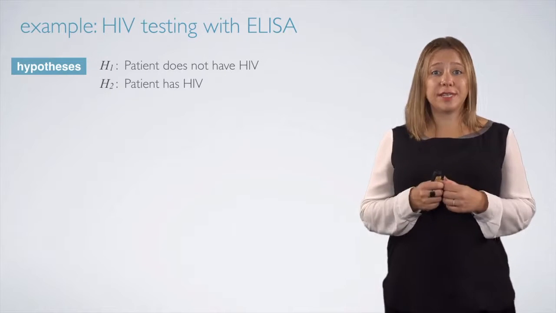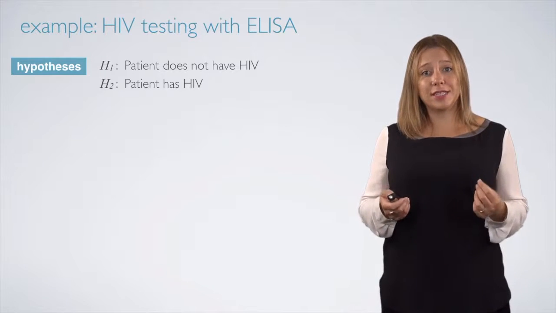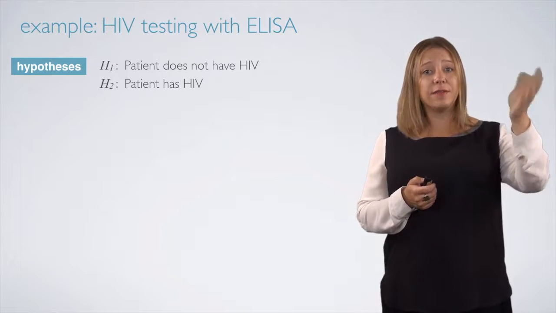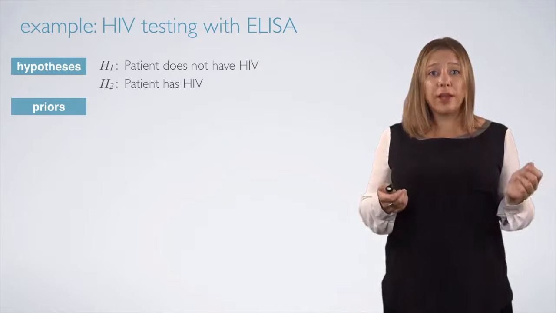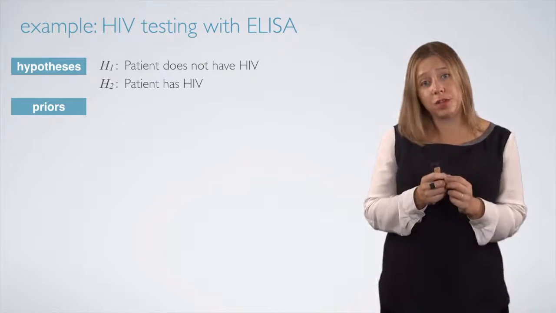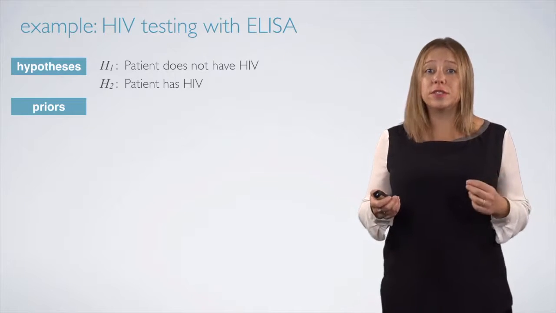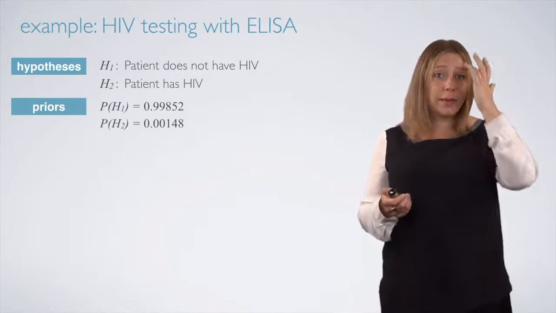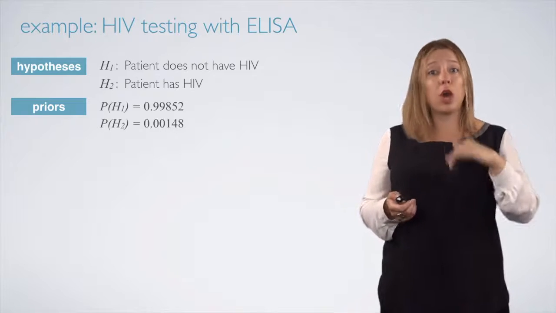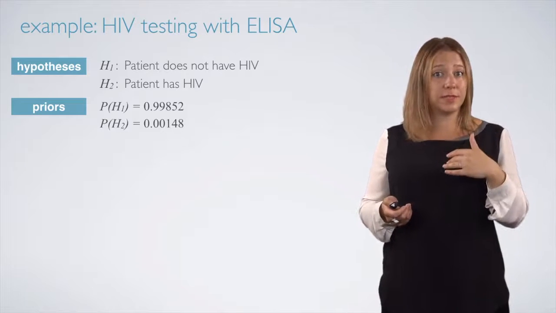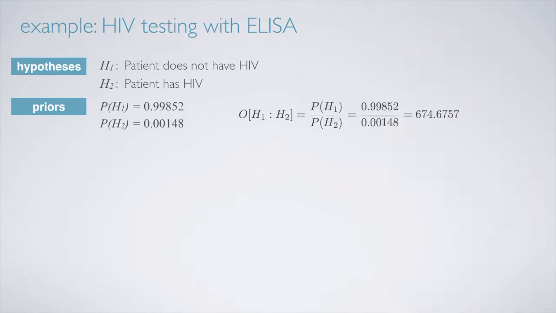Let's return to the HIV testing example from earlier, where our patient had tested positive in the ELISA. Remember that our hypotheses are: patient does not have HIV and patient has HIV. The prior probabilities we placed on these hypotheses came from the prevalence of HIV at the time in the general population. We were told that the prevalence of HIV in the population was 1.48 out of 1,000, hence the prior probability assigned to hypothesis 2 is 0.00148, and the prior assigned to hypothesis 1 is simply the complement of this. Hence, the prior odds can be calculated as the ratio of these two values, which comes out to approximately